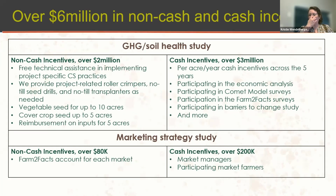Each of the 100 farmers that are taking part in the soil health study and the farmers in the markets taking part in the market strategy study are all going to get non-cash and cash incentives. So we have over $6 million set aside for these incentives. Non-cash are things like technical assistance to help with implementing the cover crops on their property,